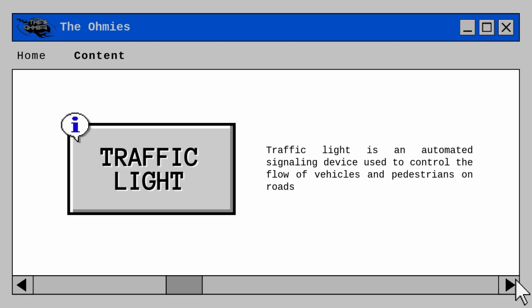A traffic light is a signaling device positioned at road intersections, pedestrian crossings, and other locations to control traffic flow. It uses different colored lights, typically red, yellow, and green, to tell drivers and pedestrians when to stop, get ready, or go. In our project, we also included pedestrian red and green lights, making it more interactive.